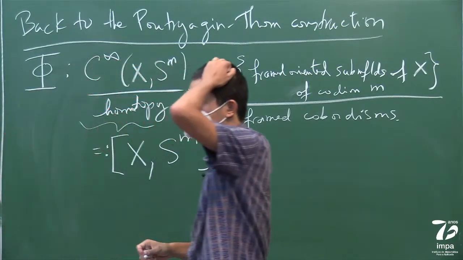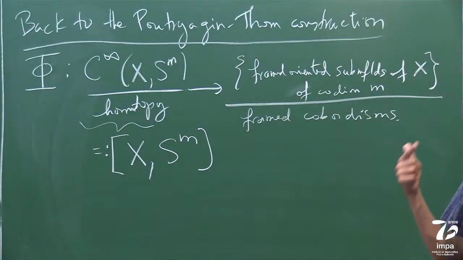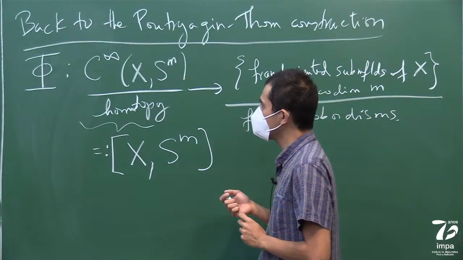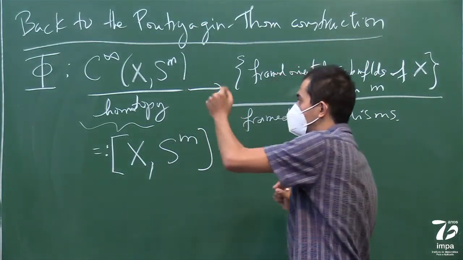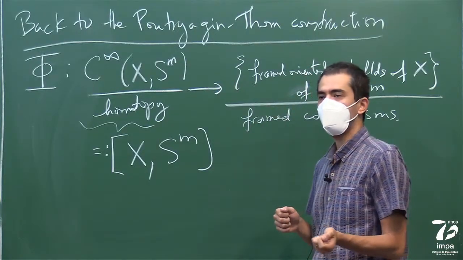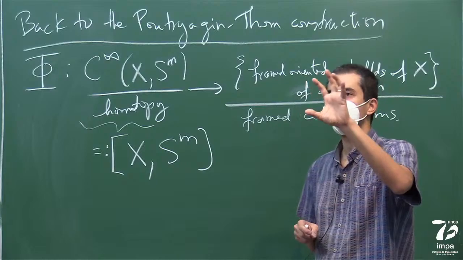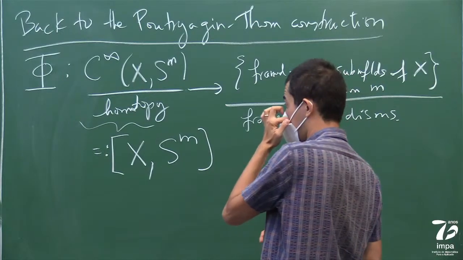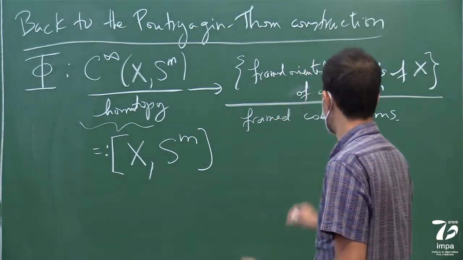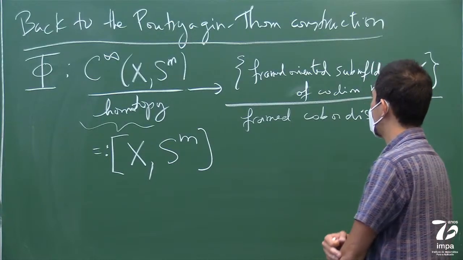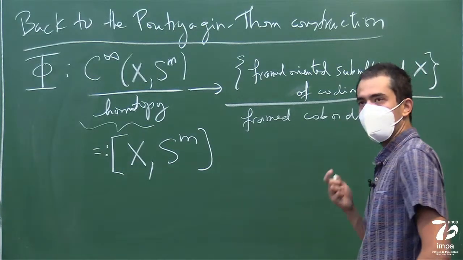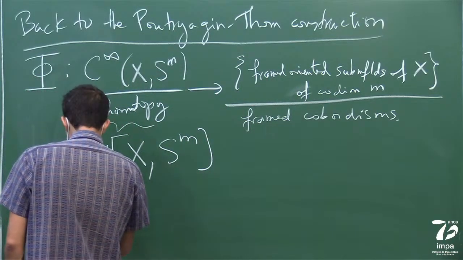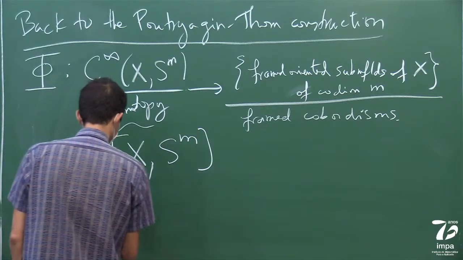So the last thing that we needed to show: we showed that this was well defined. It doesn't depend on the point that you pick. So it's well defined when you take this quotient. It doesn't depend on the point that you take the preimage of, the regular value, and it doesn't even depend on the choice of bases of the tangent space of S^m. They're all isotopic, so the framings will be basically isotopic, so the framed manifolds will be framed cobordant. But finally, the last thing we were trying to show, which was step 4, was that Phi is injective.